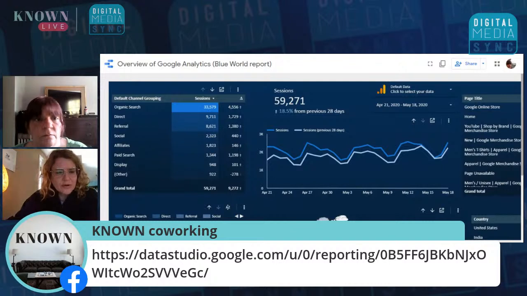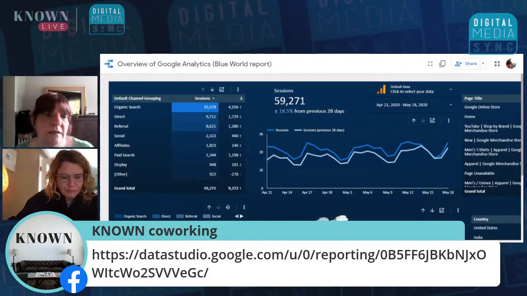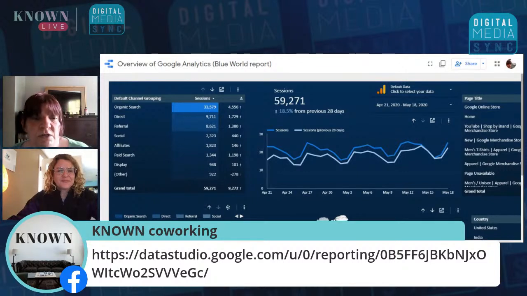Julia, do you show your clients in this type of view, or would you send a PDF? Yeah, so you can share this as a link, and you can also download it as a PDF as well. And you can also white label it. So you can put your logo on the report. You can add text as well. So you can make it very easy to understand and to view for your client.